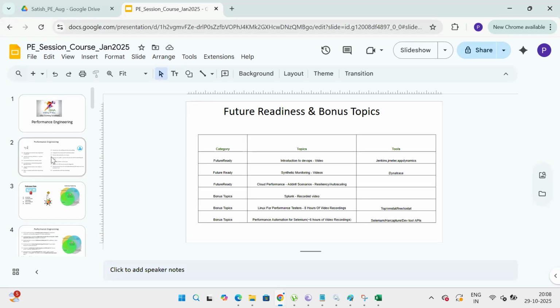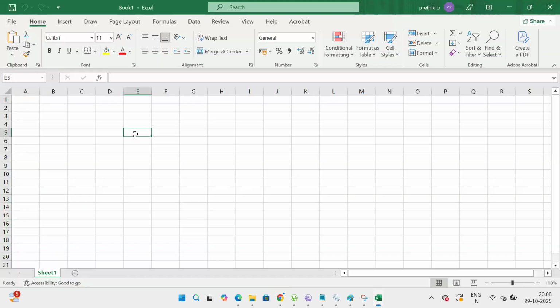So before I start, I just wanted to know your perception of what you are expecting to learn from this course, or when it comes to performance engineering, what do you think needs to be covered, right? Just to get your view, if you can put it in the chat, whatever you think performance engineering means, or whatever you expected to learn from this course.